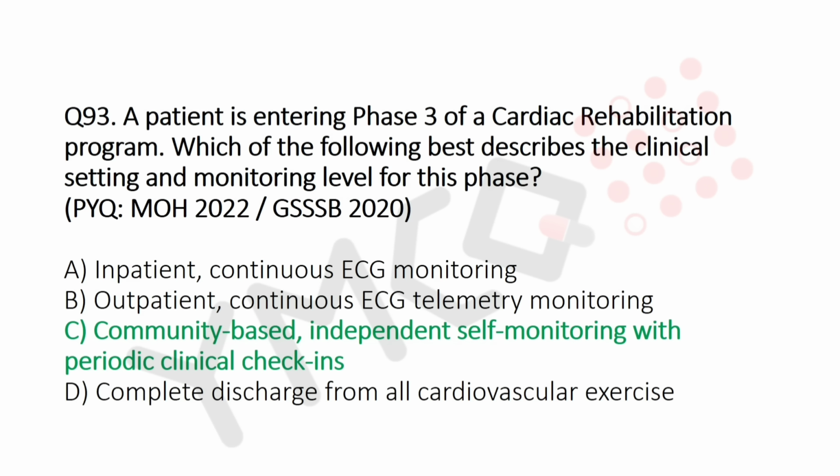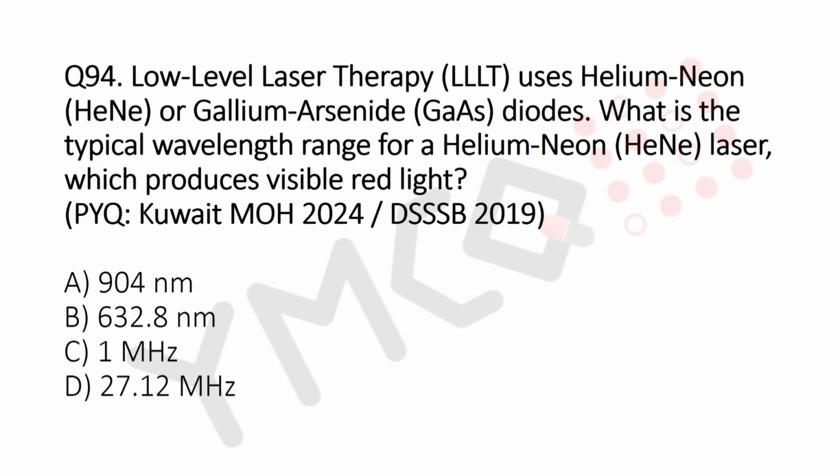Okay. Now let's move to question number 94. Low level laser uses helium neon and gallium arsenide diodes. What is the typical wavelength of the helium neon laser, which produces visible red light? Option A, 904 nanometers. Option B, 632.8 nanometers. Option C, 1 megahertz. Option D, 27.12 megahertz. And the answer is